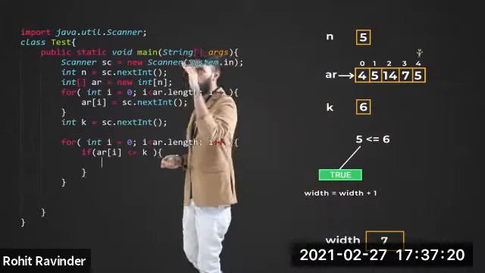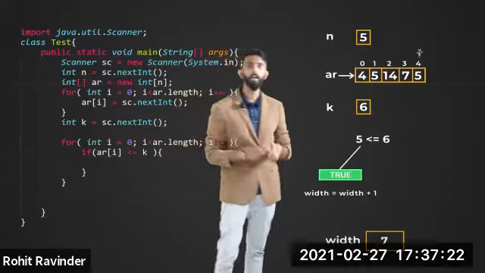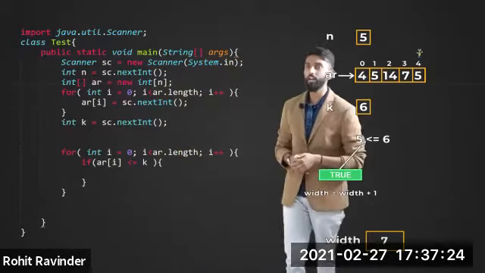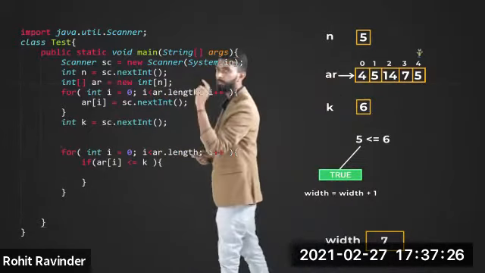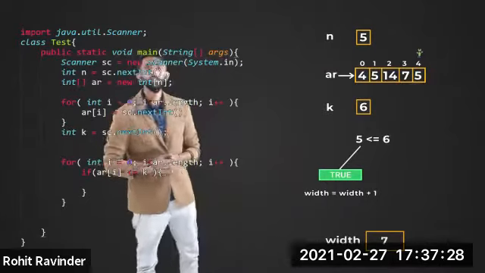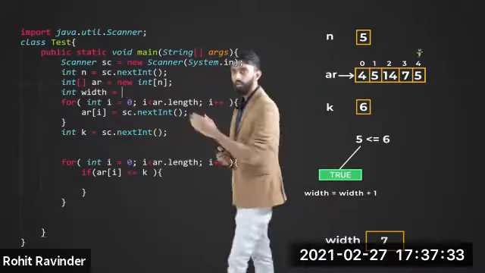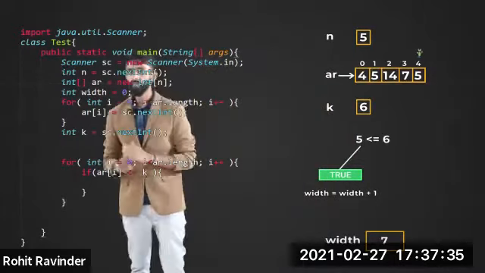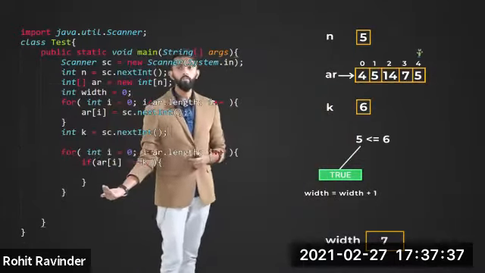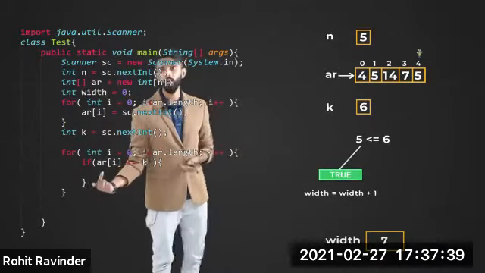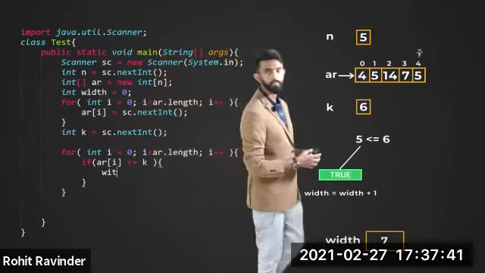So I'll create int width on top, after the array AR. Initially, I'll make it 0. Now I'll come back here and write width equal to width plus 1, or in general, you can just write width plus plus.